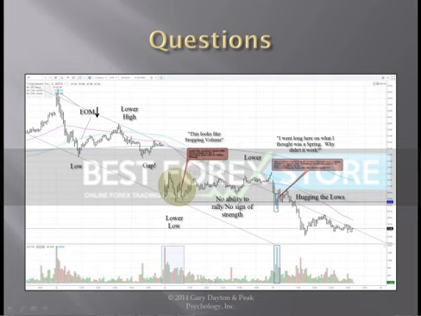We want to go back into the background and look at it and make sure we've got a good set of reasons for taking the trade, not just because it goes underneath support and then closes above it. That's not a good enough reason. That's like trading candlesticks. It's just patterns.